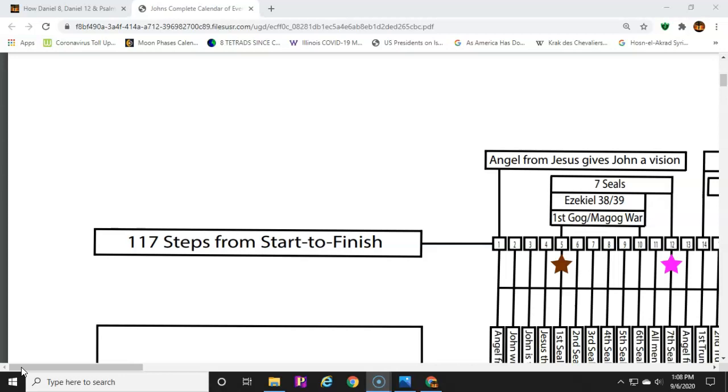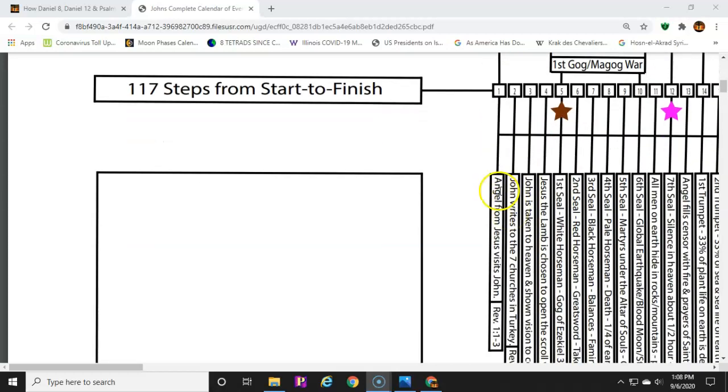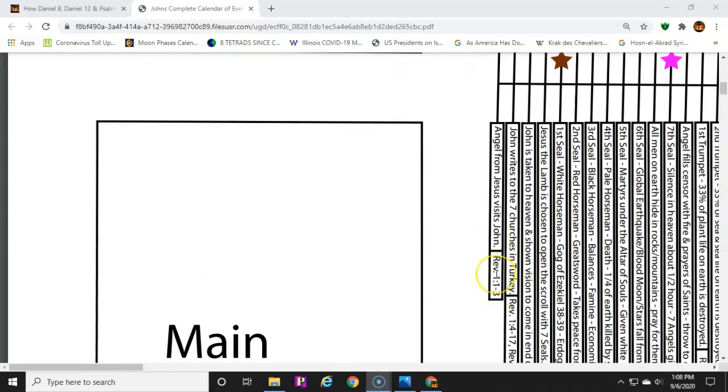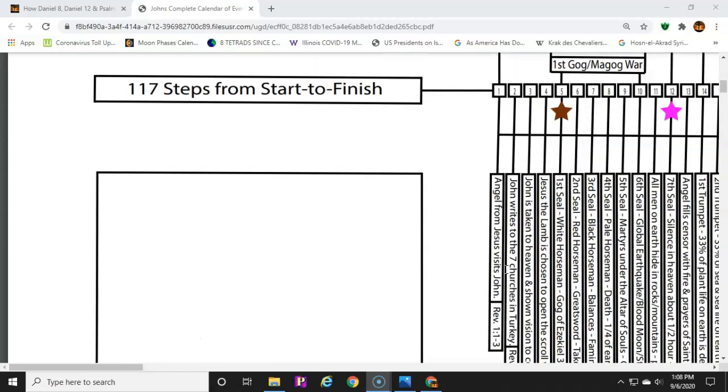If you go to the 117 step timeline or flow chart and zoom into the very beginning of that timeline, you'll notice that I've done a couple things here. I'm not only giving you what's going on in these steps, you can follow this with your Bible because each of these steps has an additional verse or verses attached to it, so you can follow along in your King James Version Bible. I want you to be able to look at this stuff in the Bible as it's being laid out by God, so you can see his plan and not somebody's interpretation.